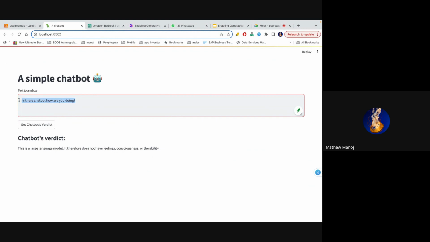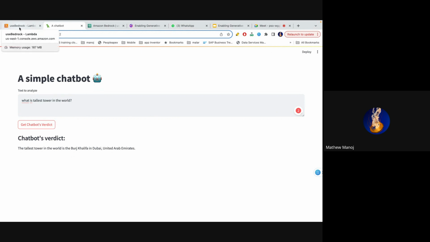How about, what is the tallest tower in the world? It's the chatbot's verdict, and then it comes out here. It's not that updated, but it says Burj Khalifa. Maybe Burj Khalifa is the tallest one. And you have basically made this client using Streamlit Python, huh? Yes. Okay, got it. I've made the front end using Streamlit,